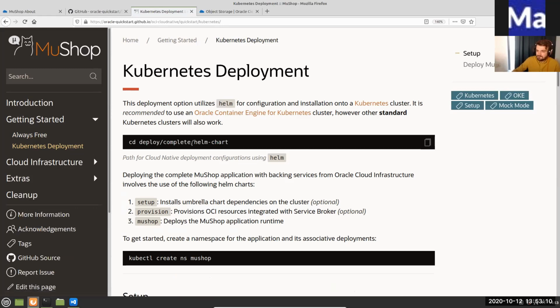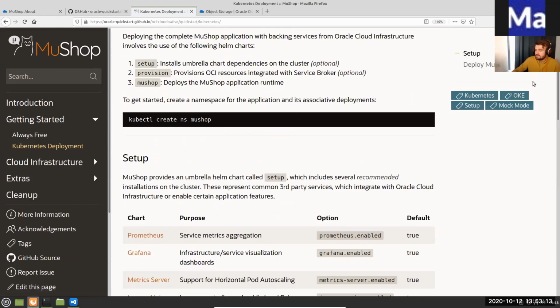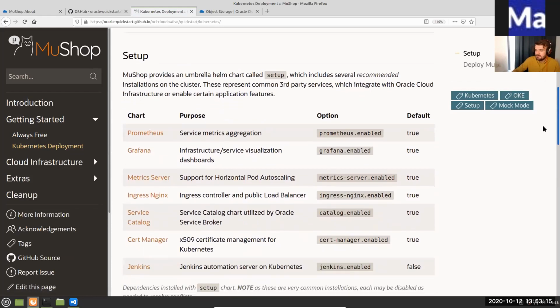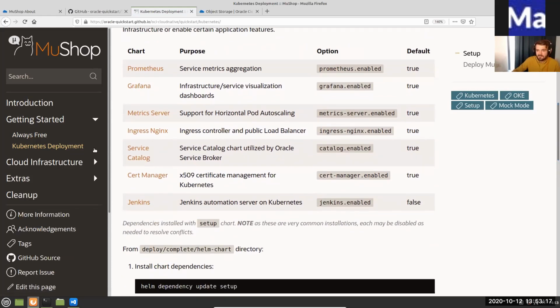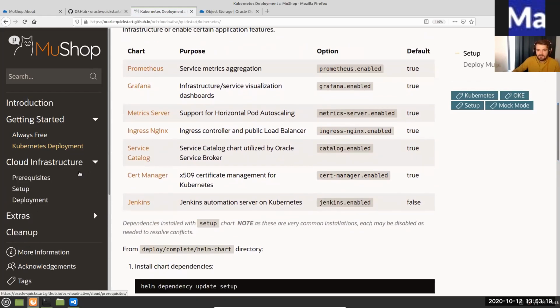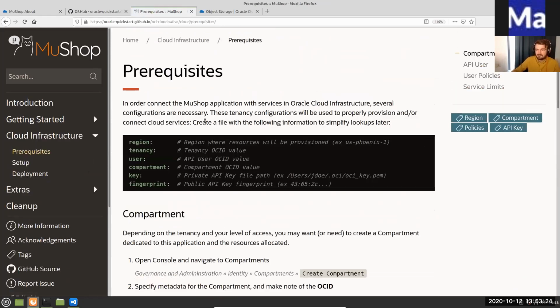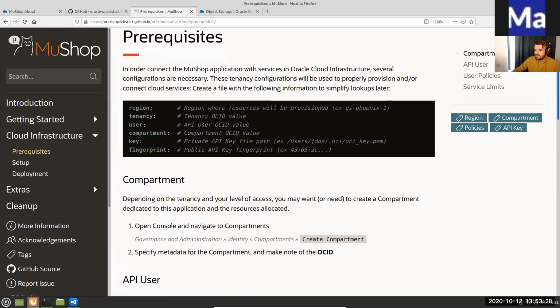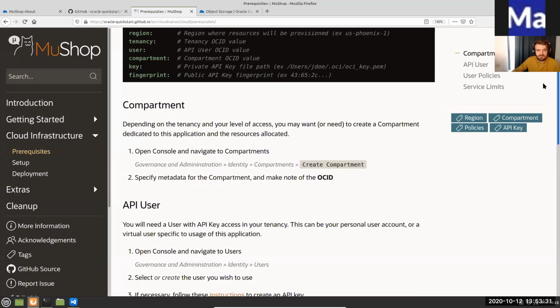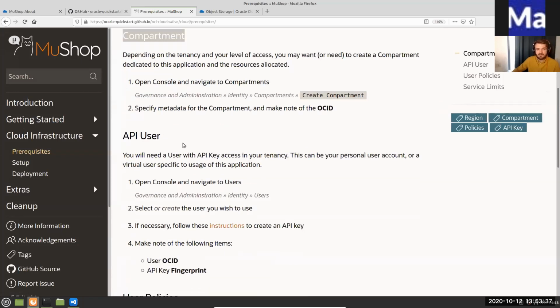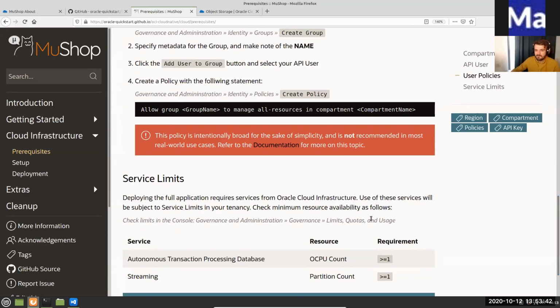What else? So here you have detailed descriptions about the components included and what you need to do step by step. It's not a problem if you don't have any kind of Oracle Cloud infrastructure experience, because we are covering that part in the documentation as well. So we will have to start by creating the identity credentials and resources. You want to create a compartment, and you want to create an API user to interact with your cloud account. All the steps are detailed in the documentation, right?